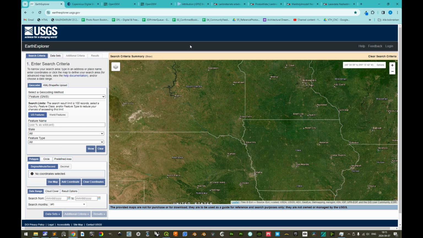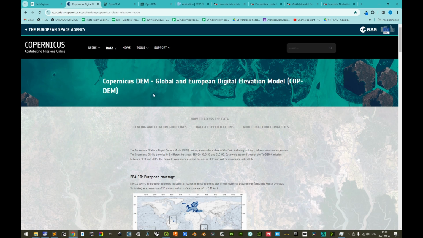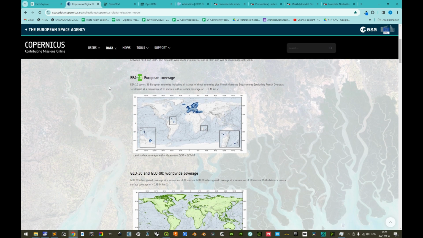Welcome! This tutorial is intended to be a brief overview over free digital elevation models for you to download. The three DEMs that we are going to download and compare are the SRTM digital elevation model supplied by United States Geological Survey. Its resolution is 1 arcsecond, which is approximately 30 meters per pixel. We will compare this to the Copernicus digital elevation model, and there are three different versions, and the 10 meter